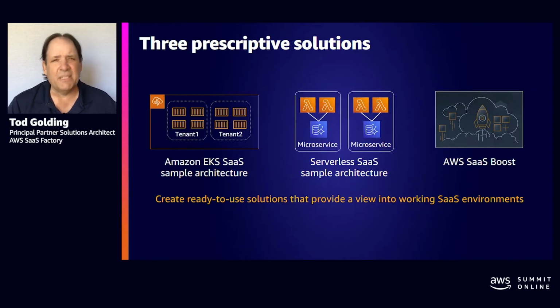So we'll look at the very specific things you have to do inside of EKS to bring multi-tenancy to life in that environment. We're also going to look at serverless SaaS. Serverless SaaS here, again, same notions, tenant isolation, data partitioning, etc. But now we'll look at that through the lens of a serverless experience and what it would mean to build this with Lambda and so on.